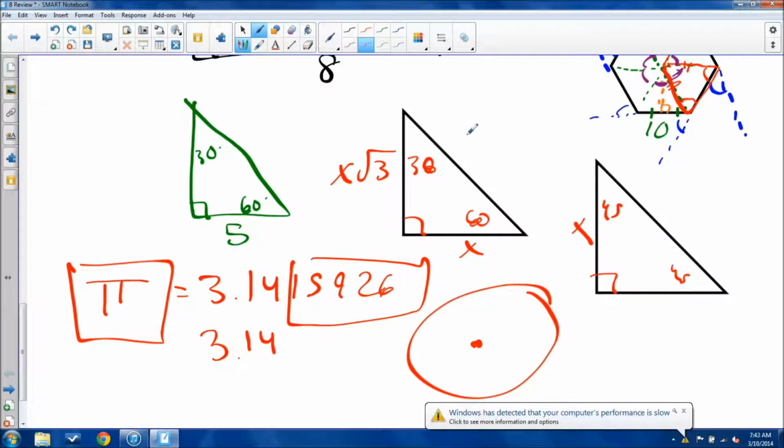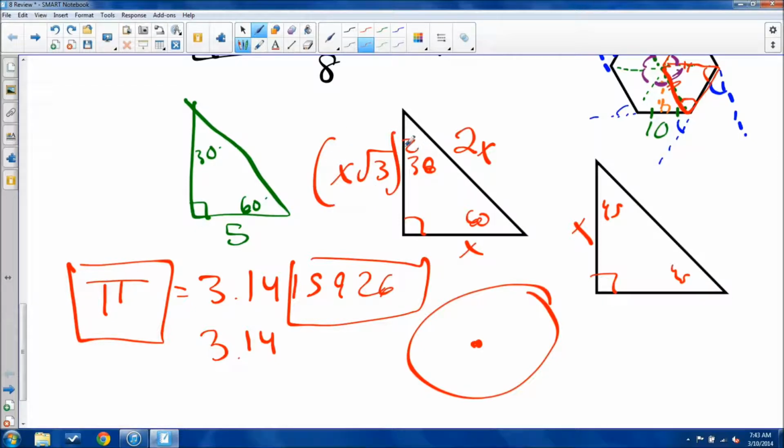Anyway, back to special triangles here. This is 2x. This is twice. The one opposite the right angle is twice the amount of the one opposite 30. And if you don't know this, again, two different ways you can figure it out. If you know these two, use Pythagorean Theorem. As long as you do it appropriately and you know how to get x root 3 squared, which is 3x squared, then this is possible for you to determine. And if not, then use trigonometry, and we're going to